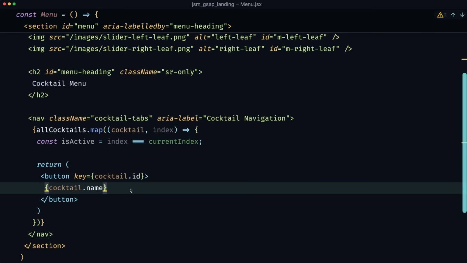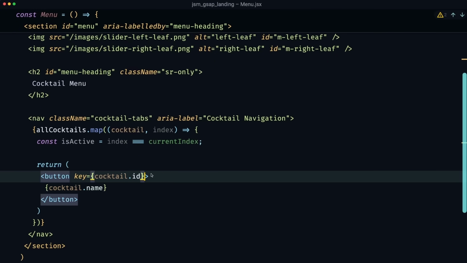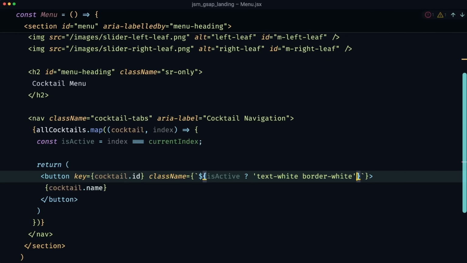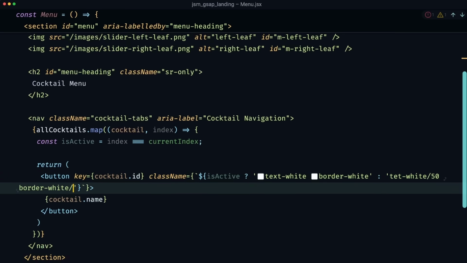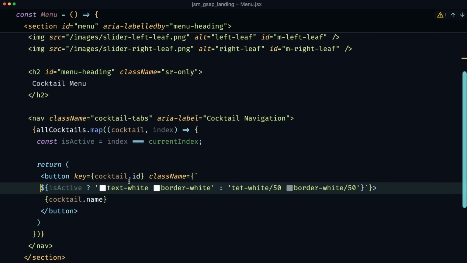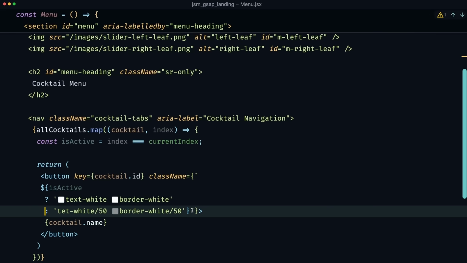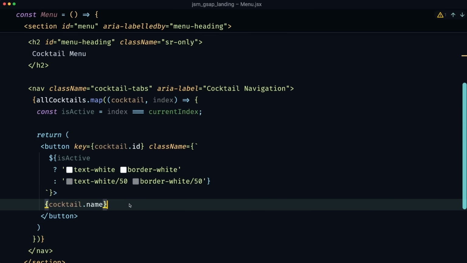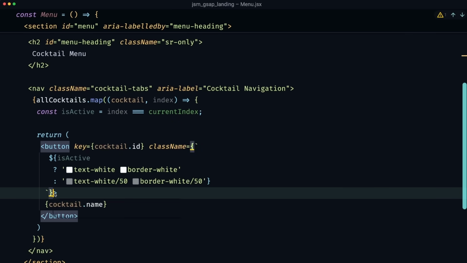But let's style it a bit differently so that we know which one is currently active. So I'll give this button a class name, and I'll make it dynamic, where we will check whether isActive is currently true. And if it is, I'll give it a text-white and border-white. And if it's not true, I'll give it a text-white/50 and border-white/50. If you want to, you can also put this into multiple lines, just so it's a bit easier to understand what's happening. Perfect. And now you can see that the classic mojito is currently turned on, whereas the other ones are not actively selected. Now, we also have to give this button an onClick element, which I'll do right here